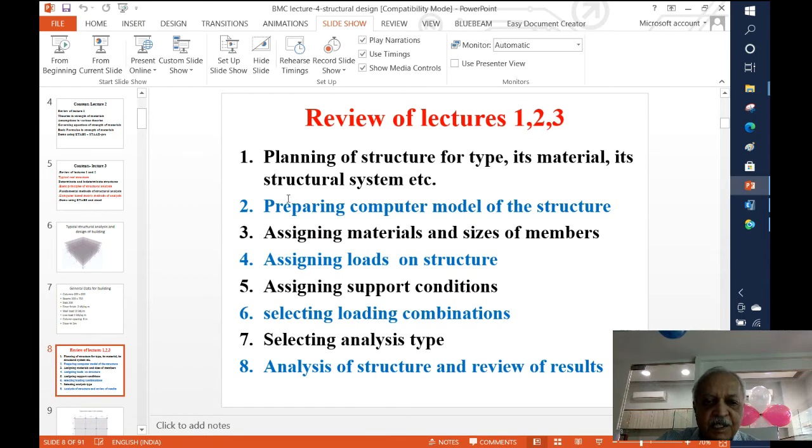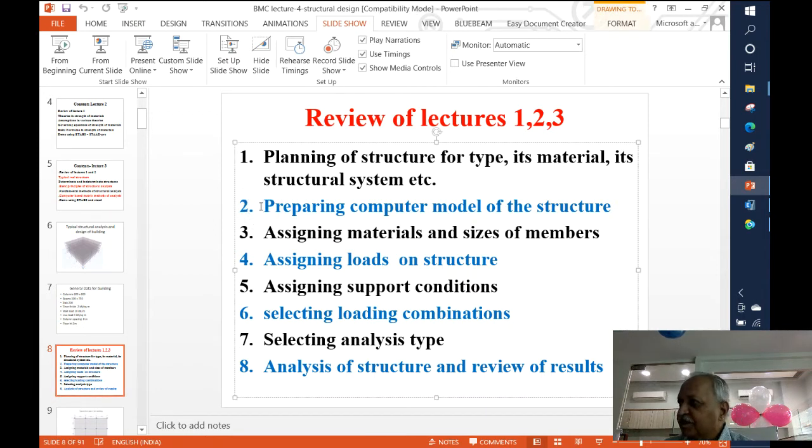Then we prepare a mathematical model of that in a given software. So our idea is to take this data from the source from where the information is supplied to you, prepare a mathematical model and supply the data to the software. For supplying the data we need to consider the materials and the sizes of the members. For carrying out the analysis you need to know the size of the given sections. As you have no idea how much force is coming there, it is your judgment, from your past experience or by some approximate method, that you do the sizing of the members.